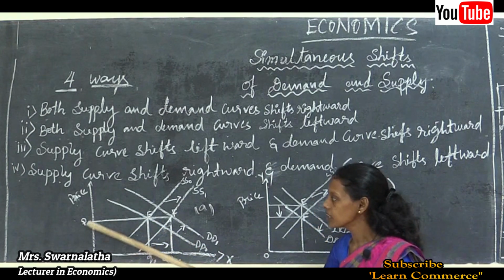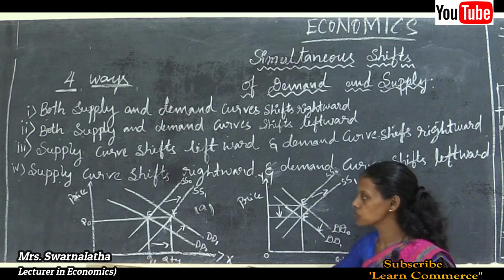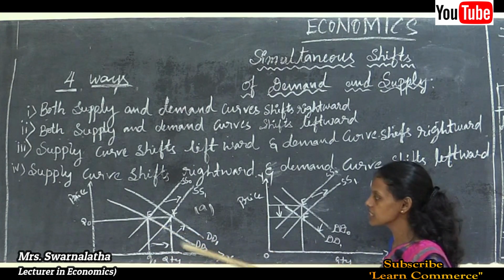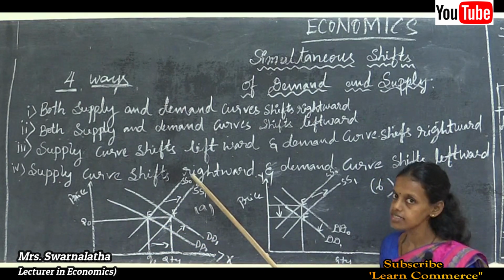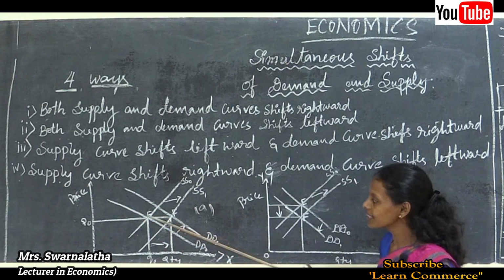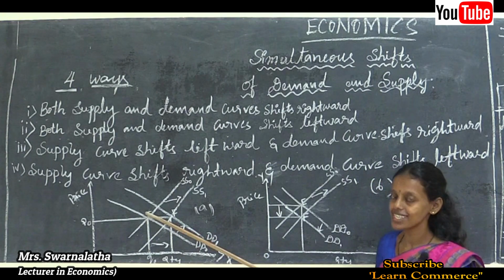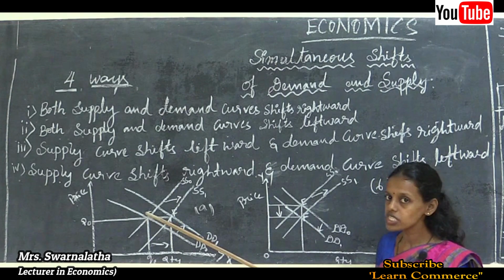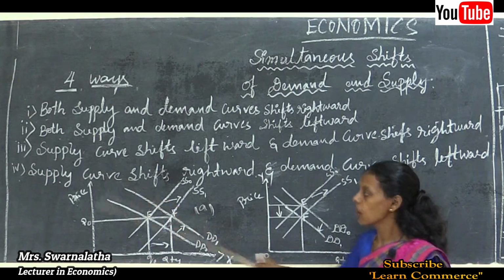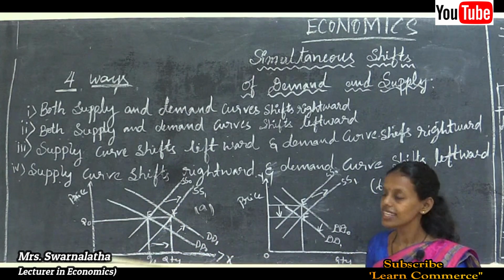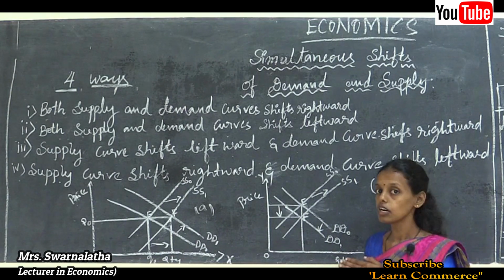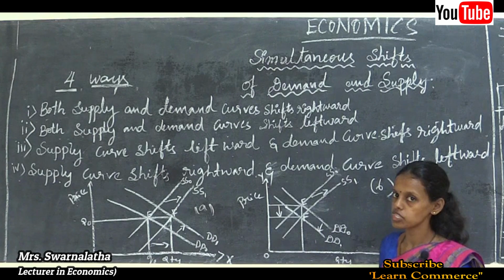Here you can see the constant price P naught, quantity produced Q naught, demand curve DD0 and supply curve SS0. The demand curve DD0 and supply curve SS0 intersect at point E. E is the initial equilibrium. Suppose any deviation in demand, supply or price leads to the shift of the supply and demand curves rightward, as in the first two possible conditions.